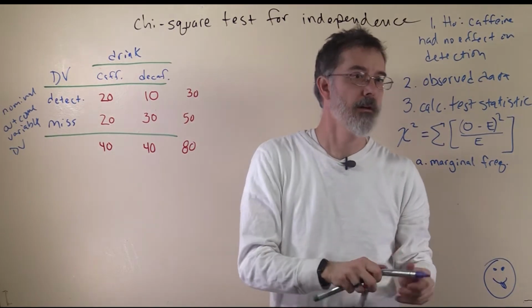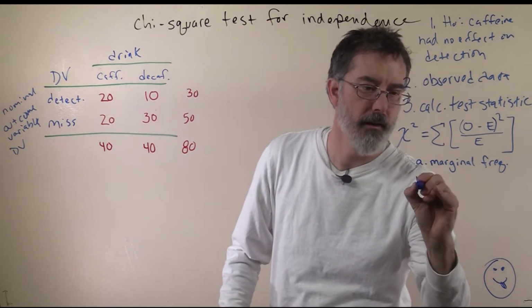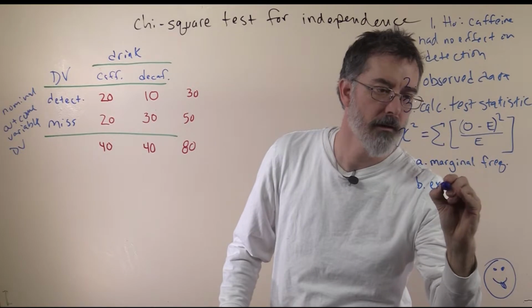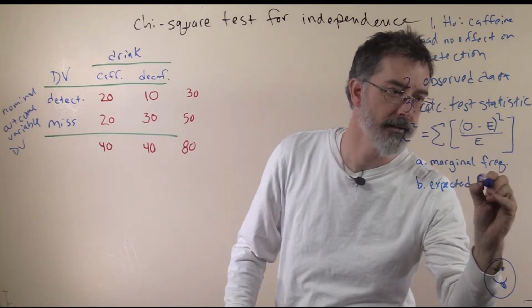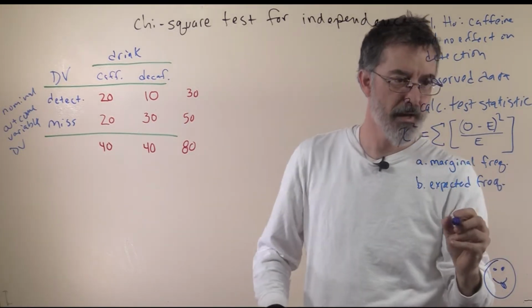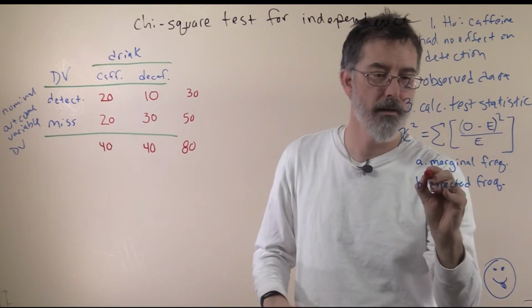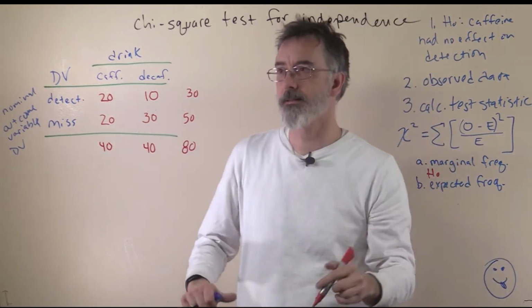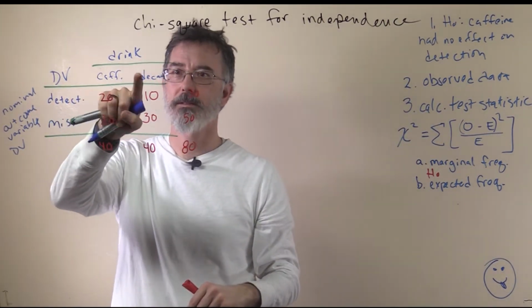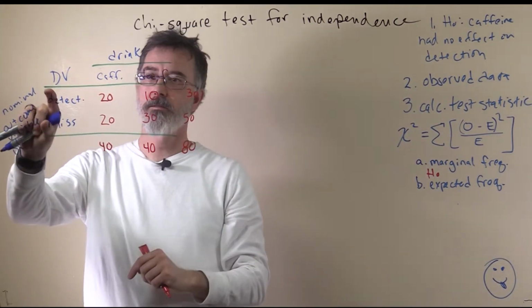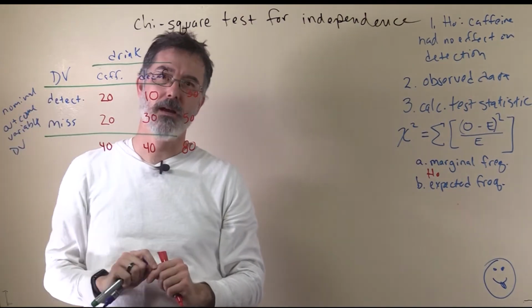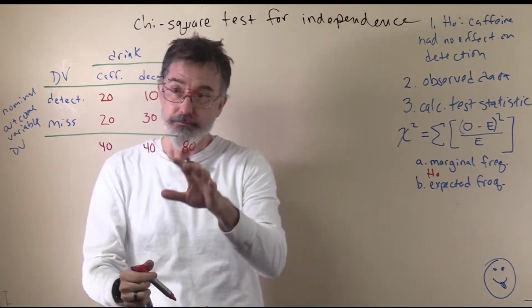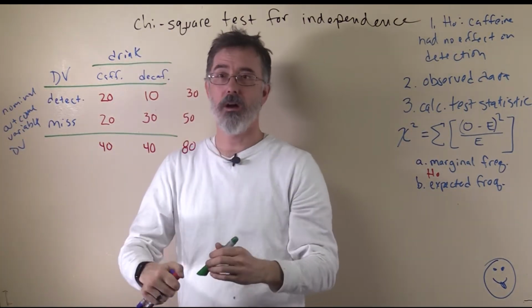Next, we're going to calculate our expected frequencies. This is expected assuming the null hypothesis is true. Our null hypothesis says that drinking caffeinated versus decaffeinated coffee has no effect on whether or not you detect the hidden image. And so for this, we're going to redraw a table